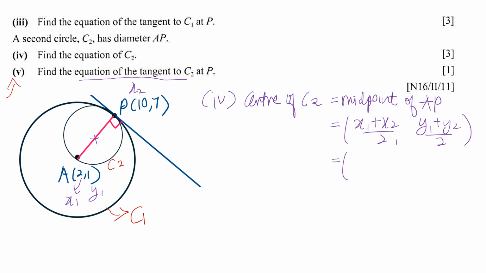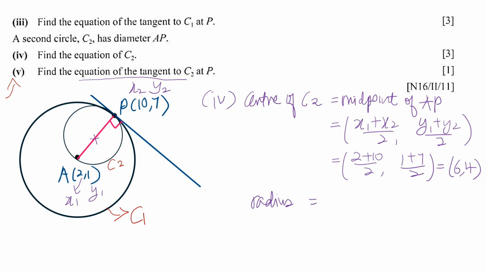Okay, very fanciful writing. So that will be (2 plus 10) divided by 2, (1 plus 7) divided by 2, and that gives you (6, 4). That will be the center of C2. And we also need to know the radius. So the radius, you can find your distance AP, then divide by 2. So the radius of the circle will be